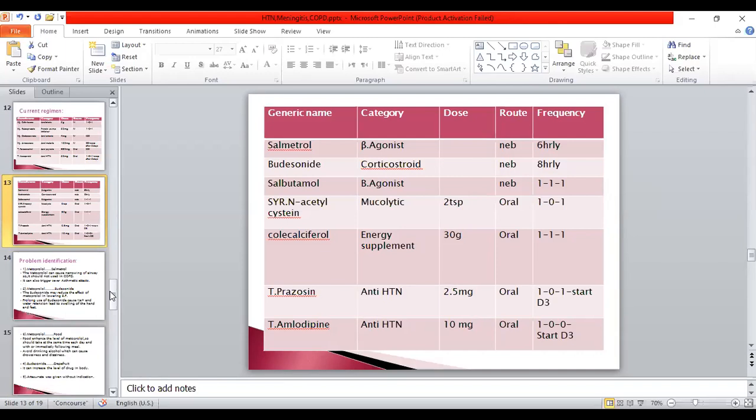There are 3 nebulizations there, I think both long-acting and short-acting. Salmeterol is also a wrong dosage, sir. Every 6th hourly it's given actually. It's long acting beta 2, so every 12th hour dosage actually. Nebulization should be given every 12th hourly, sir, not every 6th hour.